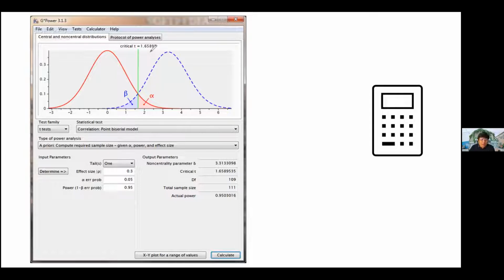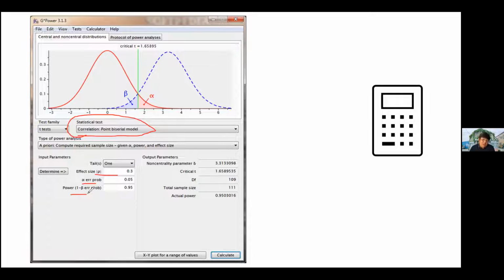Rather, G-Power relies heavily on what type of statistical test you will be using, the effect size that you want to establish, the alpha level, and the power level. Okay? So what does it mean? The G-Power is basically a way to calculate the minimum sample size based on statistical power. Okay? So ang calculation ng sample size niya, nakadepende siya kung anong statistical test ang gagamitin mo, ano yung effect size na gusto mong i-measure, ano yung alpha level, and yung power, statistical power na gusto mong ilagay or gamitin